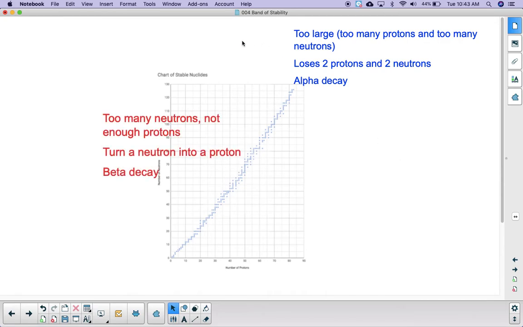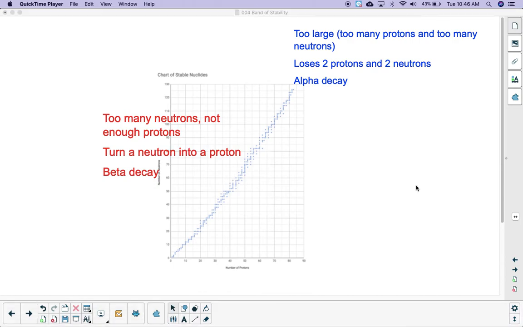So for nuclides in this area of the chart that don't fall on a dot, their problem is they have too many neutrons and not enough protons. The solution is to turn a neutron into a proton, therefore losing 1 neutron, gaining 1 proton, the net effect being it moves down 1 and scoots 1 to the right, and that can put it onto one of these points. This process is called beta decay,